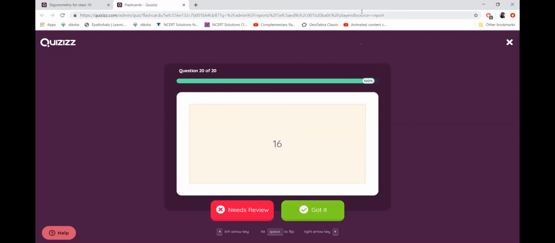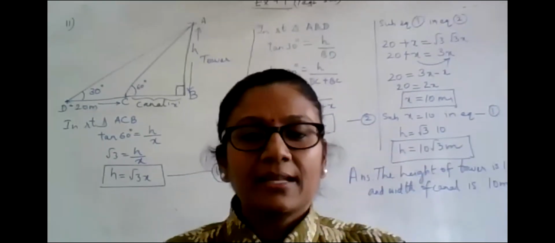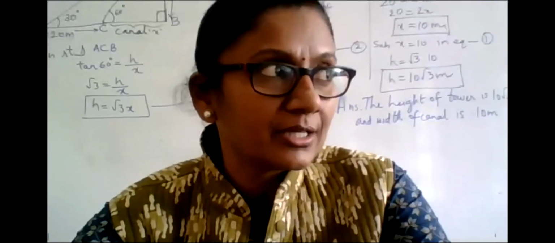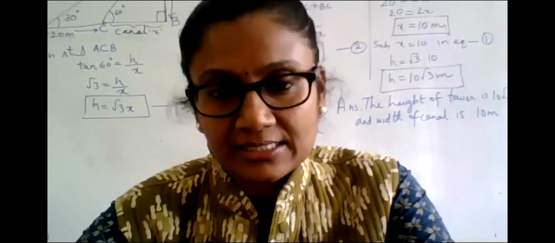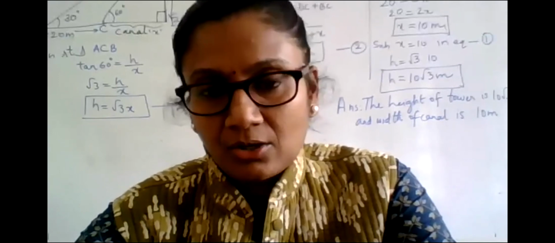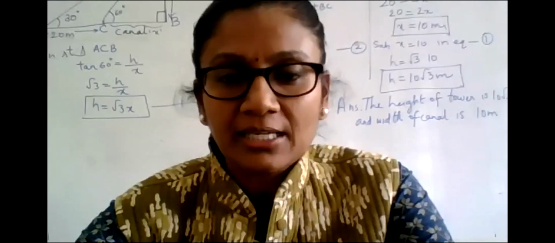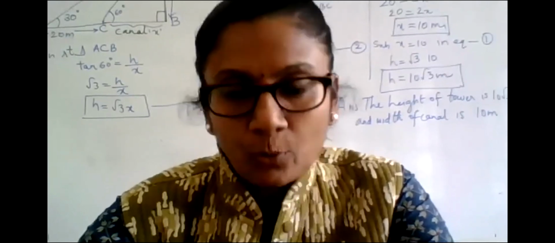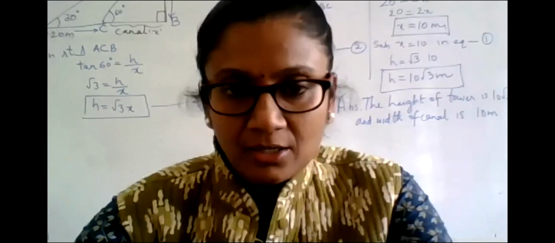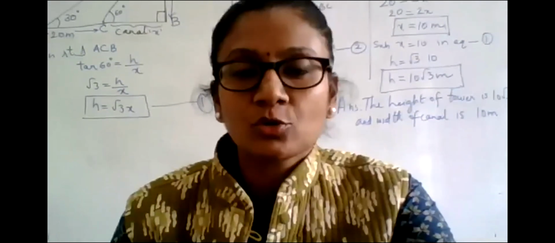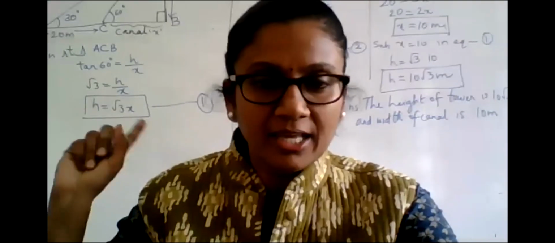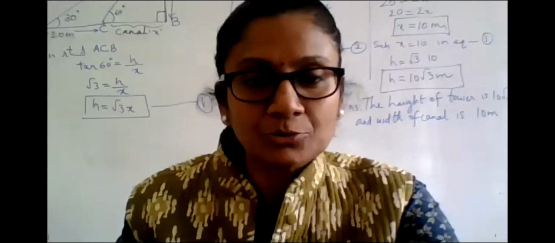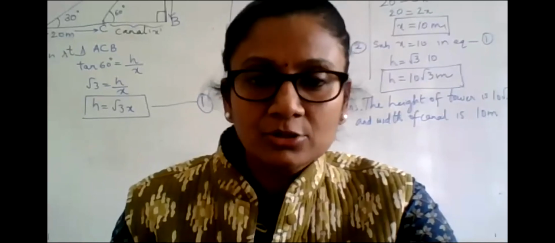So at least now you should be confident of taking the quiz. Maybe another quiz this weekend where I will include everything, that is heights and distances, complementary ratios, your inverse ratios, your identities, etc., and frame another 20 questions. The mistakes or errors that you're making here, see that you tide over them and come back in the next quiz. And I am hoping that you are recalling the specific angles every day. You don't have to wait for me, because unless you know the specific angles, you cannot get the values. Every time I see tan 30 or tan 60 or sine 45 or cosine 30, I am able to substitute only because I know the values. So please keep doing this.